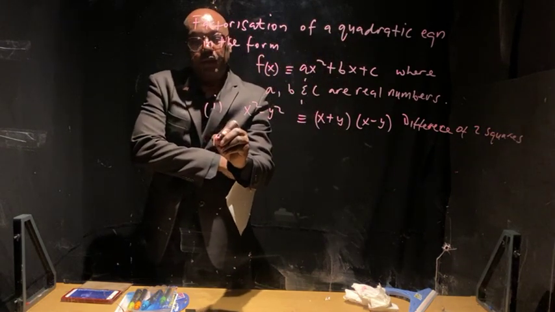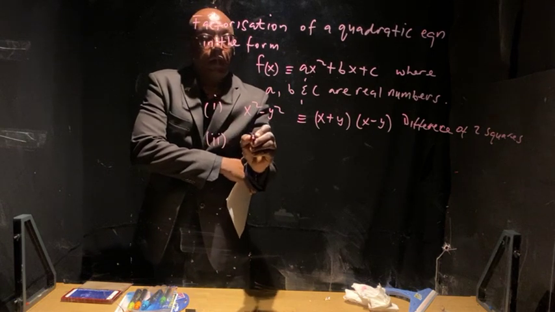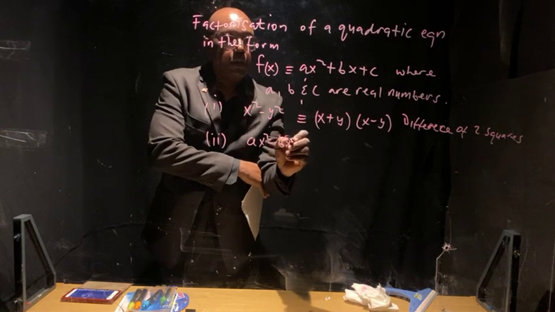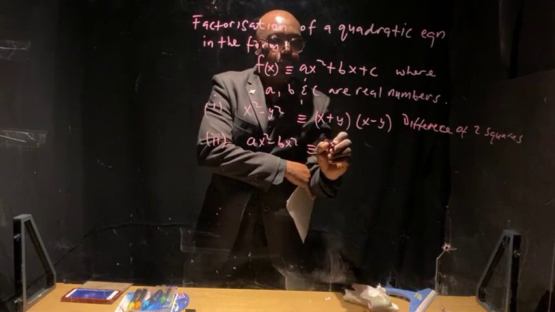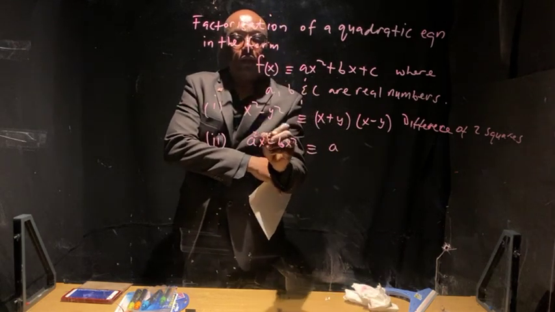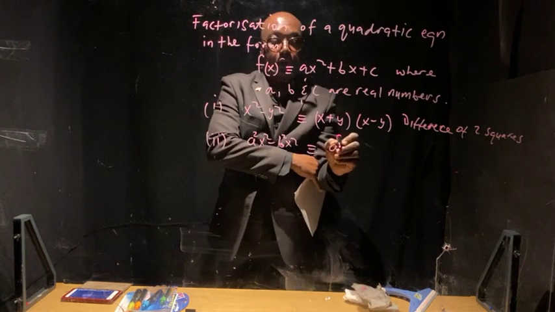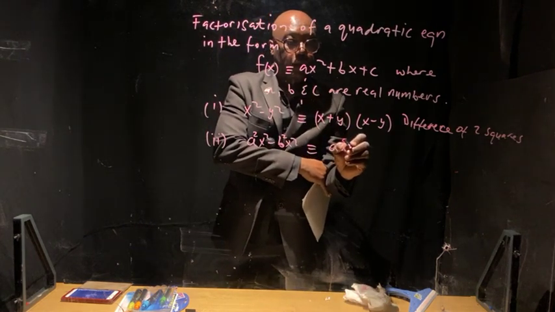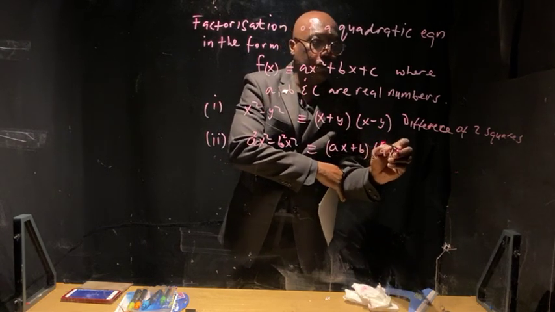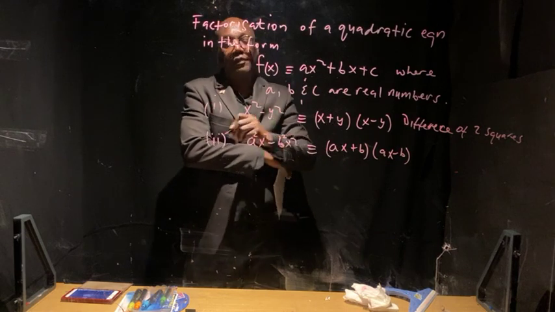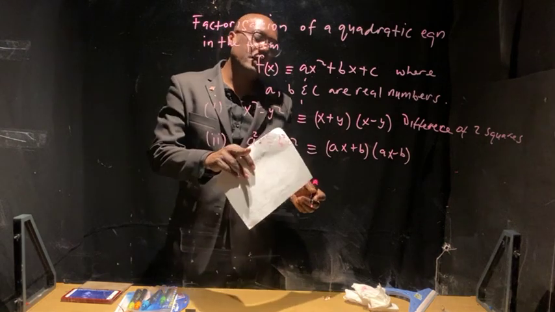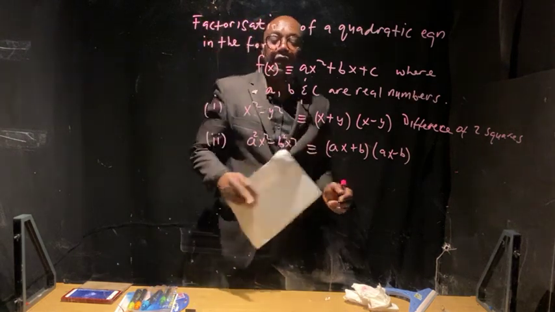Similarly, if you have a squared minus b squared, it is not different from a plus b multiplied by a minus b. This is it. For instance, a typical example of this identity is,